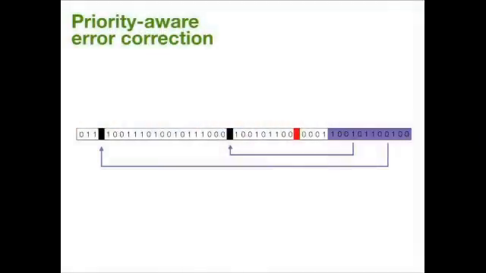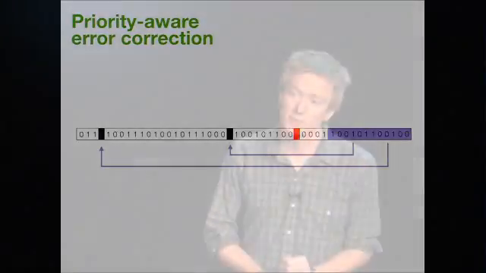But we can do a little bit better than that, which is to say we'll prioritize the error correction. Once we see a new failure, we won't just keep correcting the same failures we had corrected before, but we'll actually correct different bits. And we'll prioritize the error correction of those bits that can be the most harmful. And this lets us extend the usefulness of the array a little bit longer in that second failure condition. That is to say that when the quality of the storage is degrading too much, we can make it degrade a little bit slower.